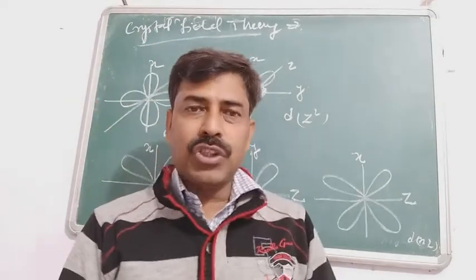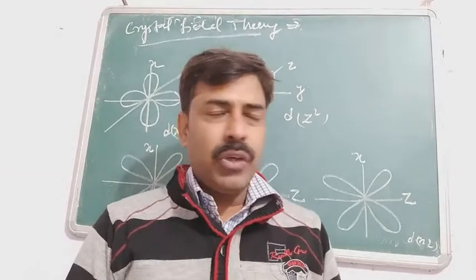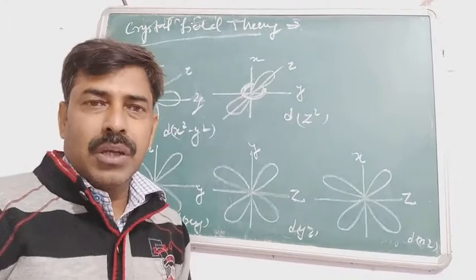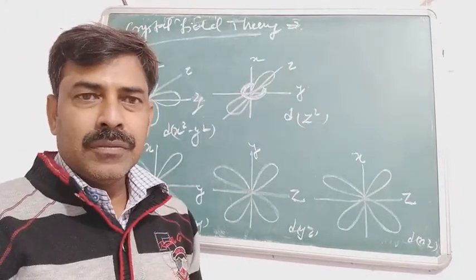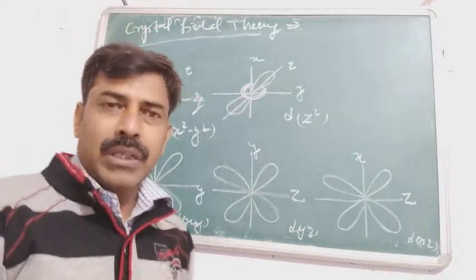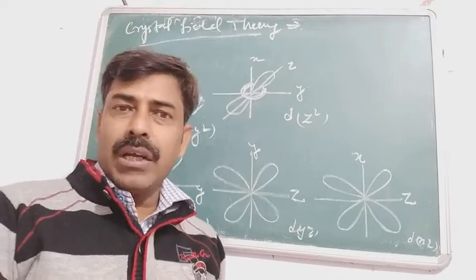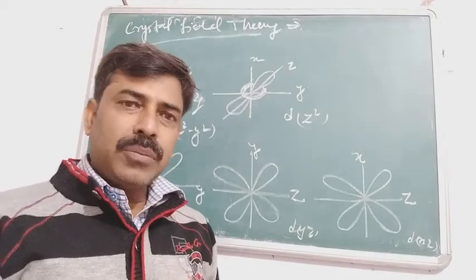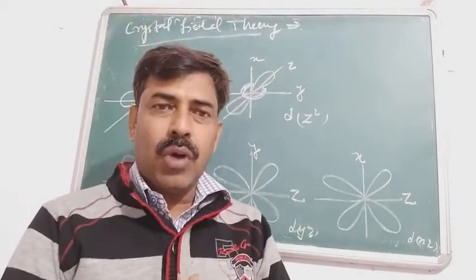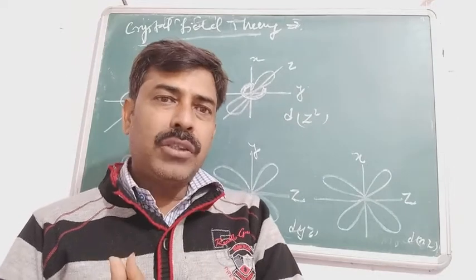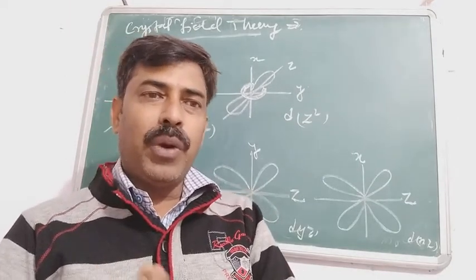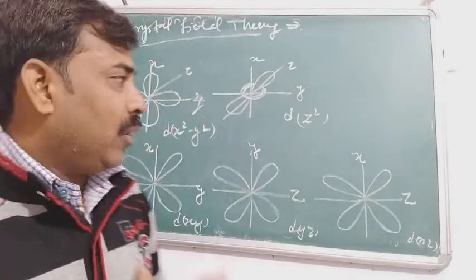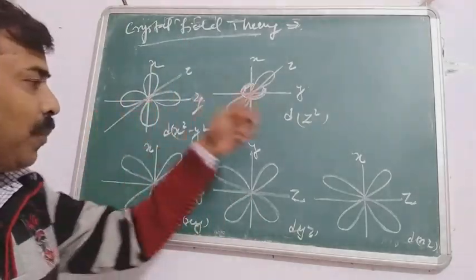Before that we need to study the orientation of the d subshell. Here I have already drawn the different orientations of the orbitals of the d subshell. जब आप क्वांटम नंबर पढ़ रहे थे तो क्वांटम नंबर में आपको बताया गया था कि the magnetic quantum number suggests the orientation of the orbitals. तो d सबशेल के लिए टोटल 5 मैग्नेटिक क्वांटम नंबर्स थे, that is -2, -1, 0, +1 and +2. So these quantum numbers suggest these 5 orientations.